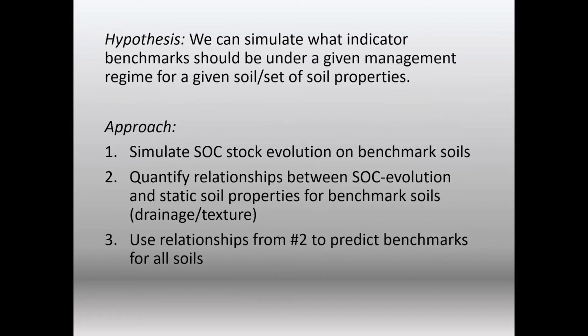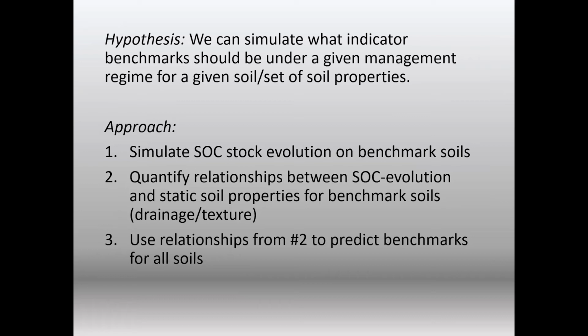So our working hypothesis here is, can we simulate indicator benchmarks that should be what a benchmark should be under a given management regime or a set of soil properties? So our approach is to simulate soil organic carbon stock evolution on benchmark soils across our study area. And then we quantify the relationships between the soil organic carbon stock evolution and static or mappable soil properties. So we have a really good database of what those soil properties are out of the Surgo database, and we want to try to link our measured or modeled benchmarks to that existing soil database. So that's the last step: to use the relationships we quantify in the study to predict benchmarks